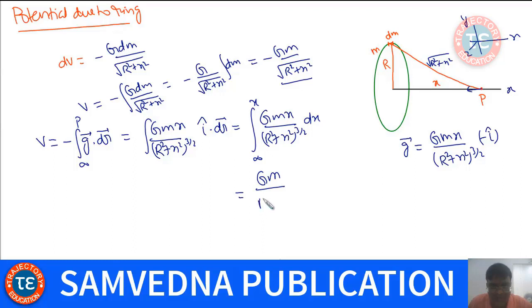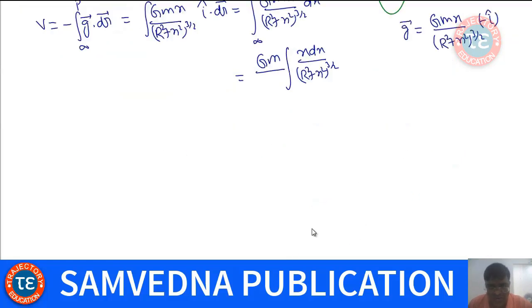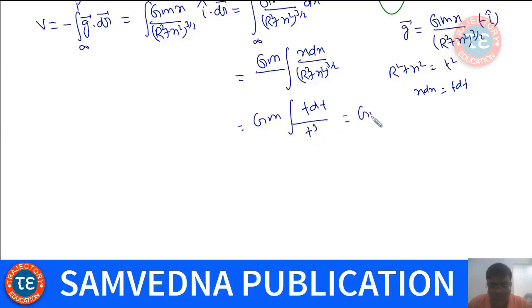GM upon, this will come out, and you have x dx. So I can do a substitution. I can take r square plus x square as t square. So you have x dx as t dt. So this is GM t dt upon t cube. So this is dt upon t square, or minus G upon t,